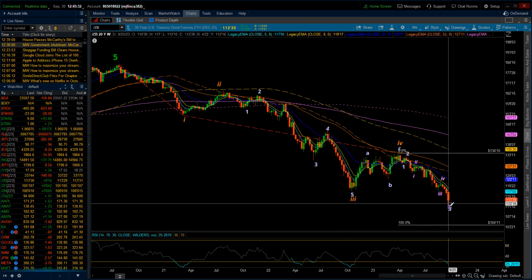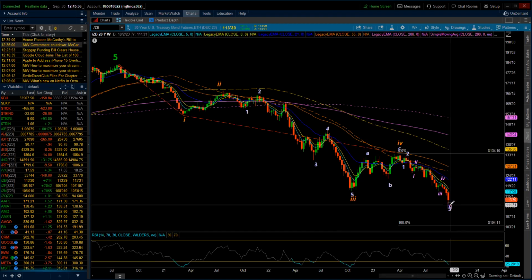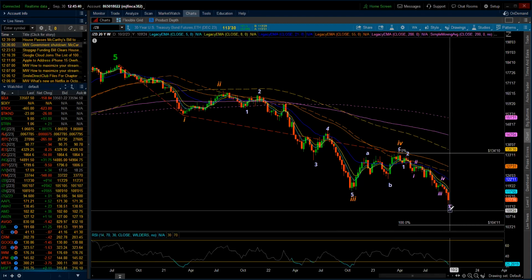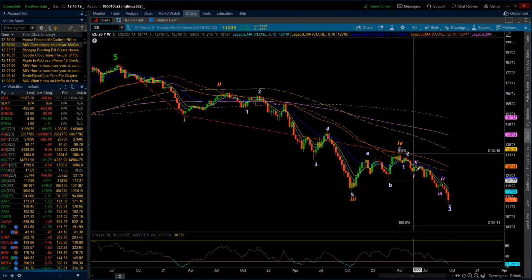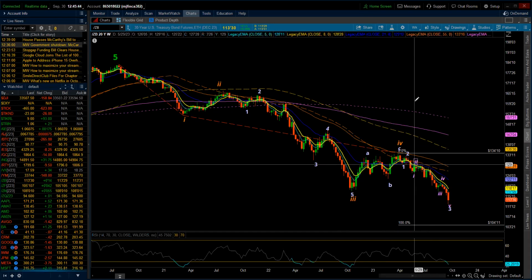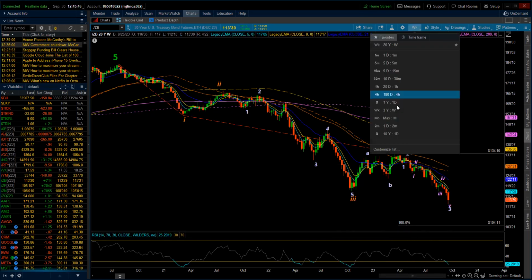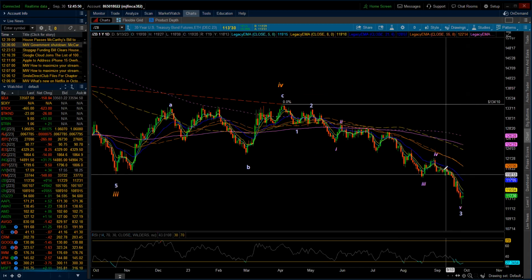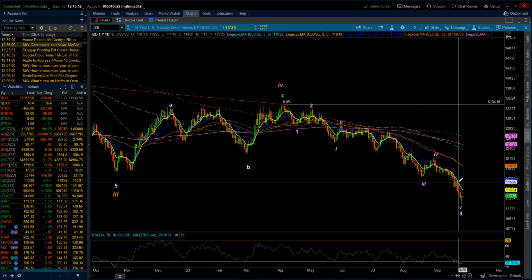So I'm marking it still as completing just a minute wave 5 to complete the minute wave 3. So you can see there's a little bit of a change. That's where it took place. Now, I'm going to bring this down to the daily chart because last week, we saw some,